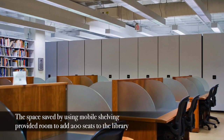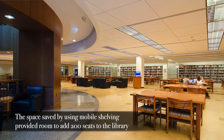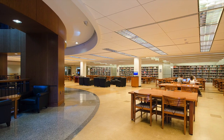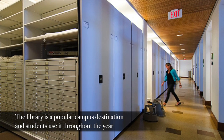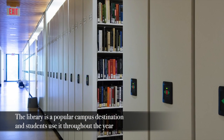What it did allow us is to add 200 seats, which was, in a library that was seating 1,200 students, to be able to seat 200 more students at one time is phenomenal. And the best part is it gets used. Not just during exams, I'm happy to report, but throughout the year, we really do have kids who are coming in here and studying, and they are still checking out books. They are still